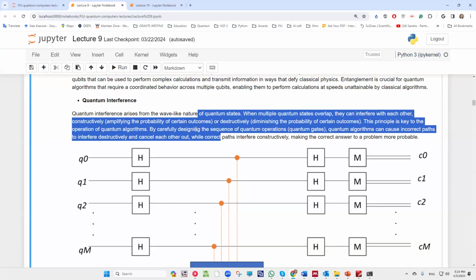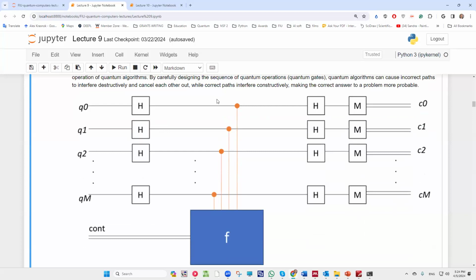Of course we don't know what the correct answer is, so we need to design the algorithm to solve the particular problem. This is the typical structure of pretty much any quantum algorithm. As you can see, we always start from the qubits in the zero state, which is the ground state. Then we apply a layer of Hadamard gates, which create the perfect balanced superposition of basis states, right? So we open up the